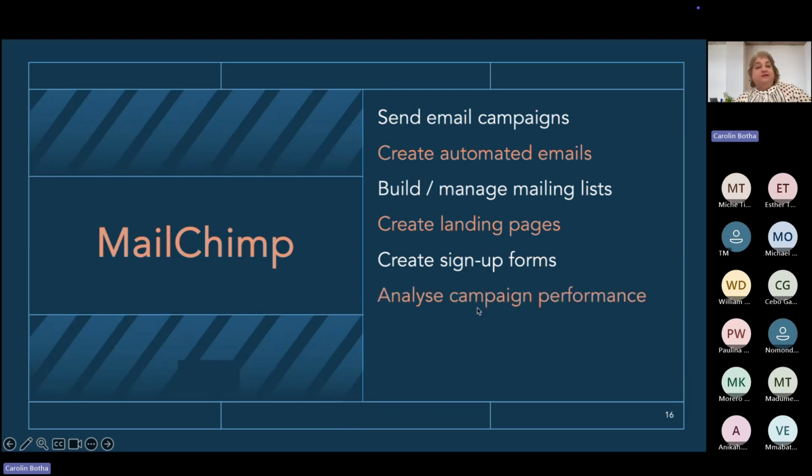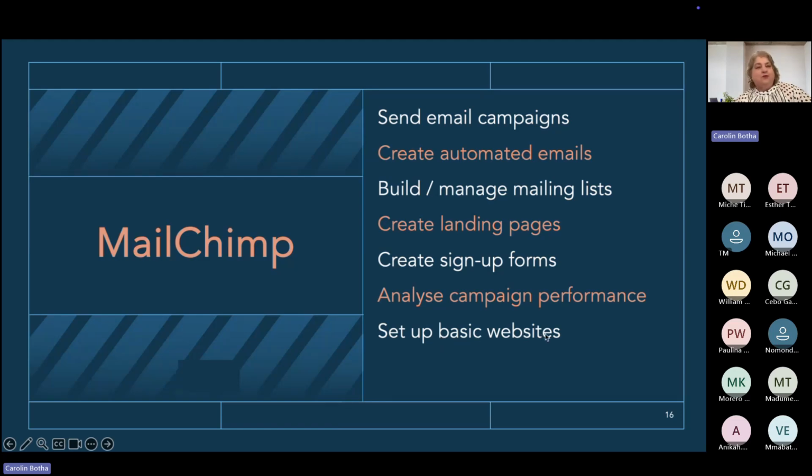You can, oh, this is a lovely one. You can analyze your campaign performance. So once it's sent out, it can show you, like in YouTube, like on Facebook, how many people it landed in their inboxes, because many will land up in their spam. Unfortunately, that's the way it goes. How many people opened the email, even though it was in their inbox, they can just delete it. And how many people clicked on your action buttons, if you have any, like I just showed you, to click here to make a booking. So it gives you that analytics as well. That's what MailChimp also does for you.